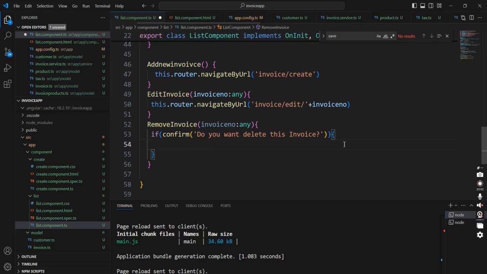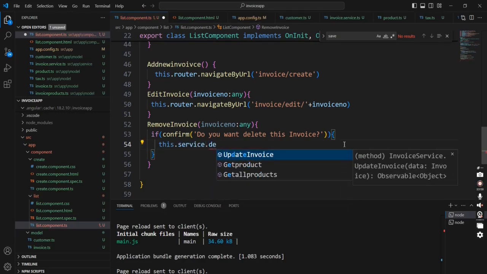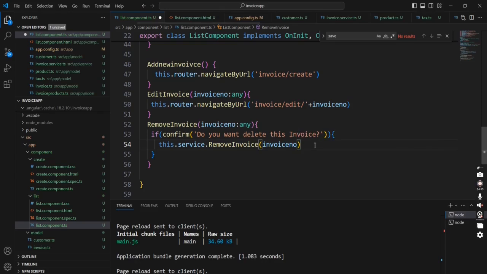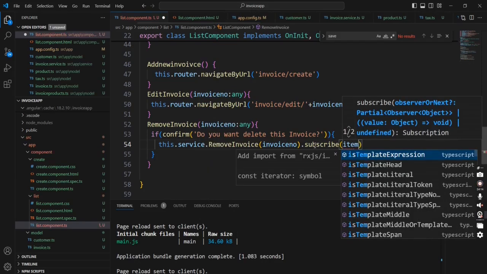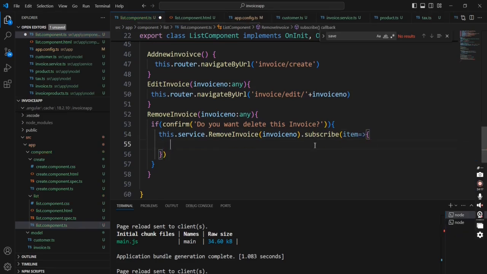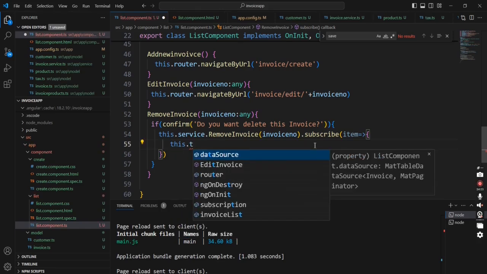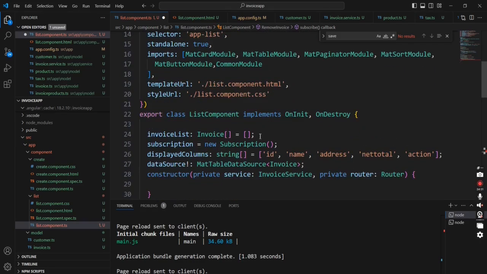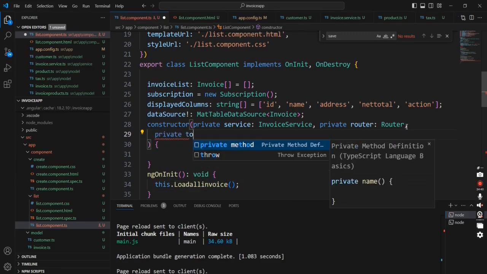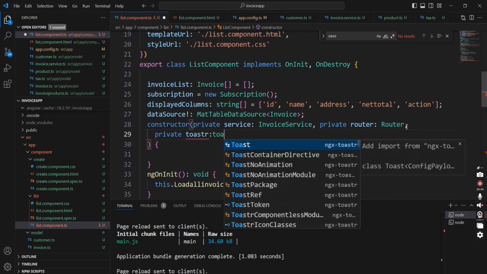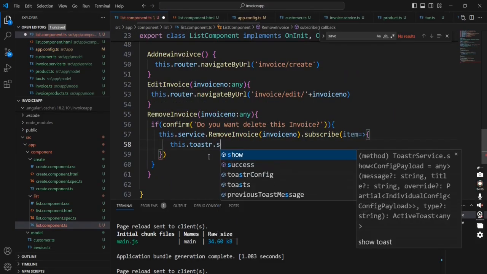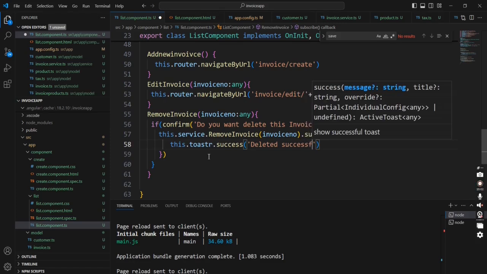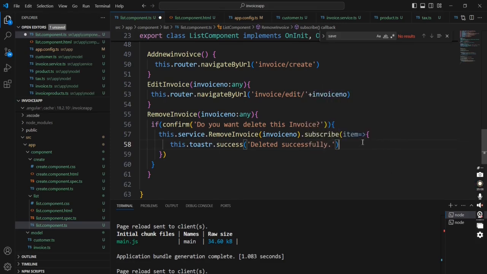Once it is confirmed, we can call our services. We have a function remove invoice and passing this parameter. Okay, considering this is the success scenario and providing this alert message. Okay, for the alert message purpose I need to import this toaster first. Okay, and finally